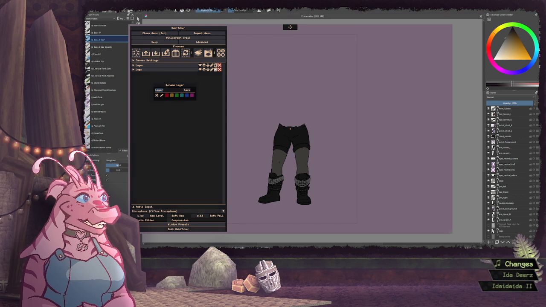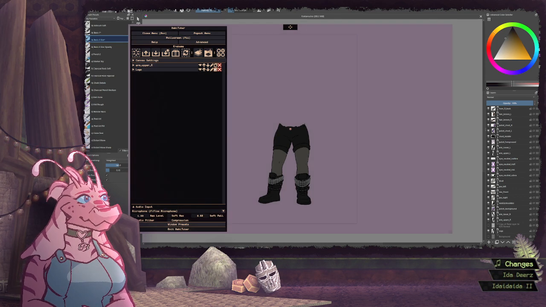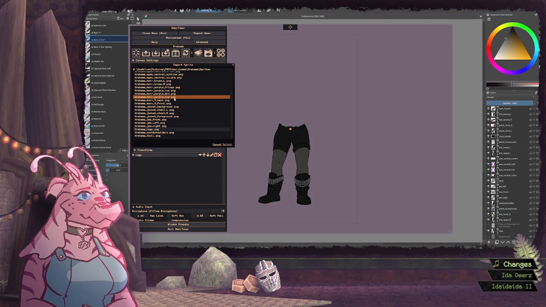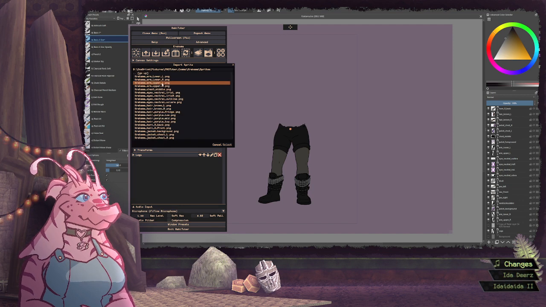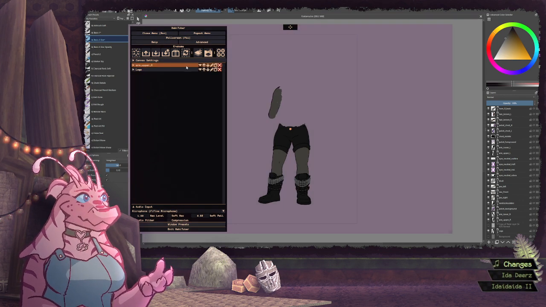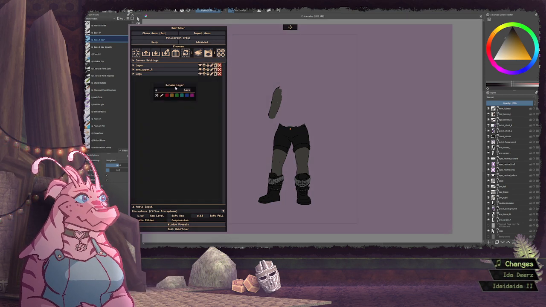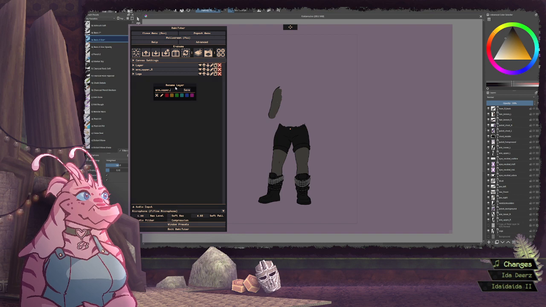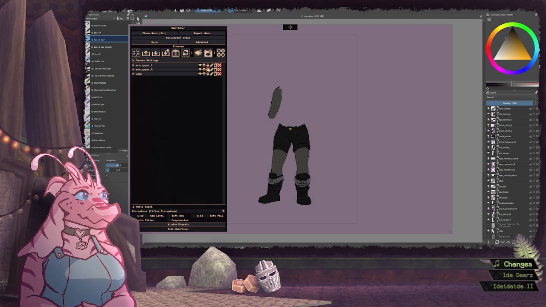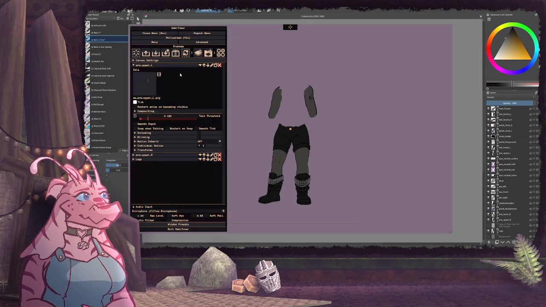So this is upper arm. Select. And I want upper L. Select.